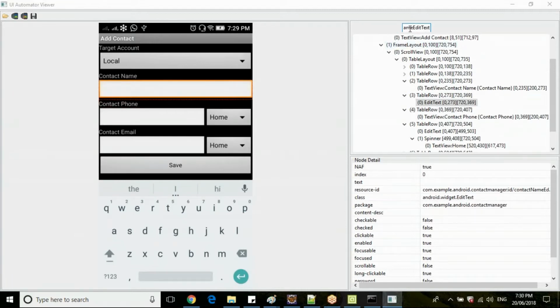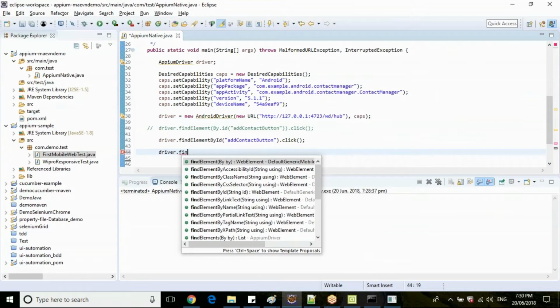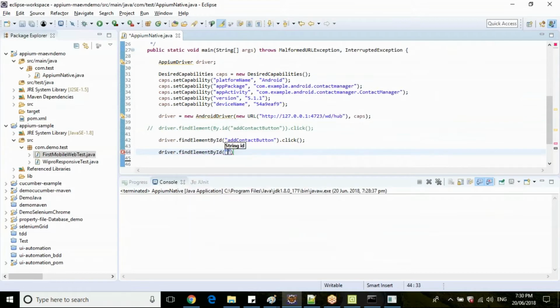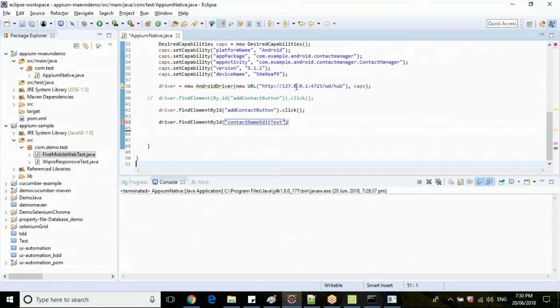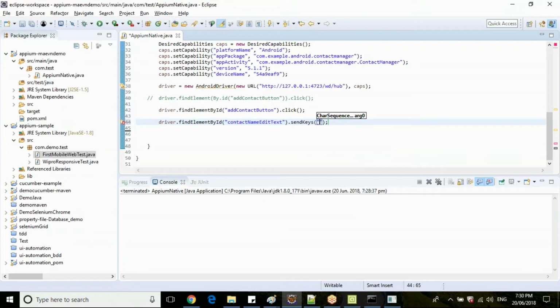Copy this ID and create a send keys operation function here. Similarly, we have two other operations also, right?